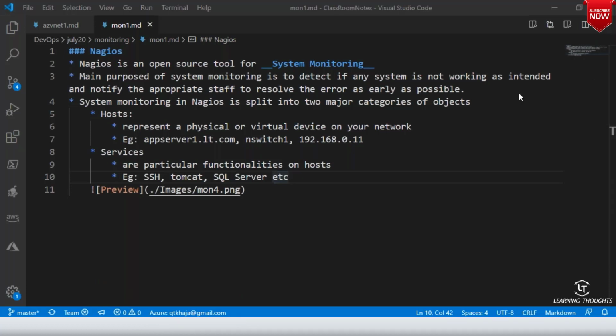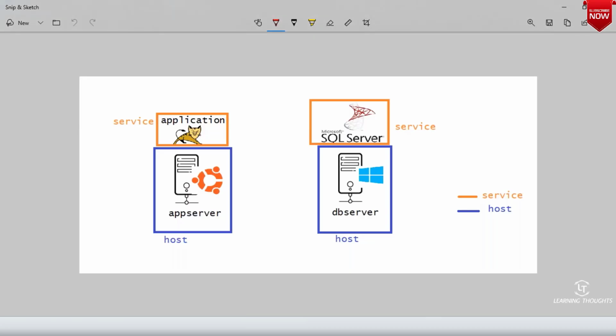If you have a DB server, the virtual machine on which you are running the database is a host, and the database software like Postgres, MySQL, or whatever database you are running is something I would rather call a service. Is there any confusion in these two now? Good, good.